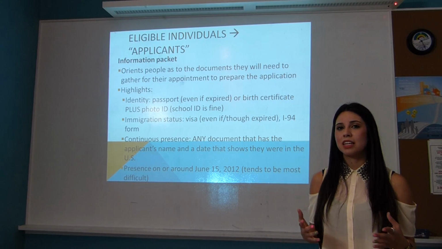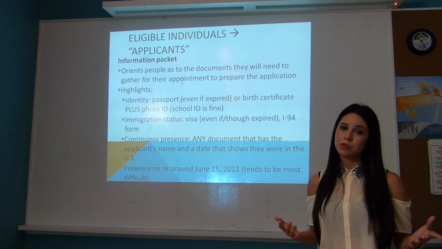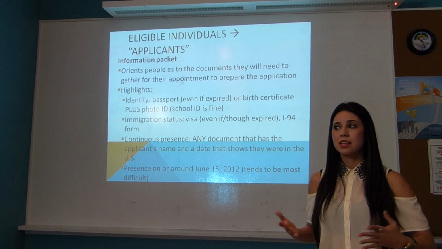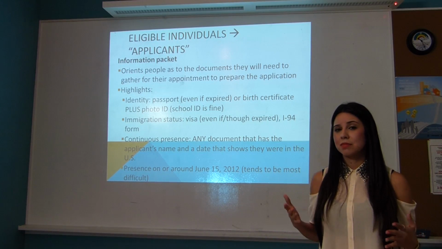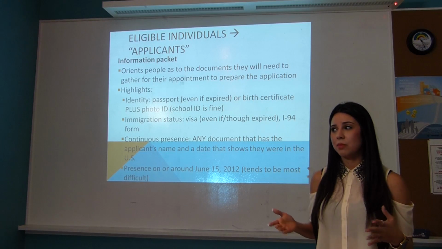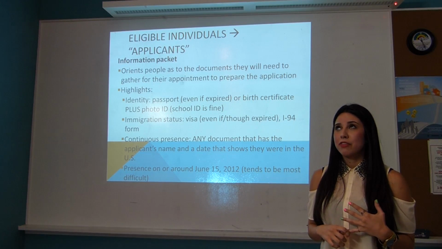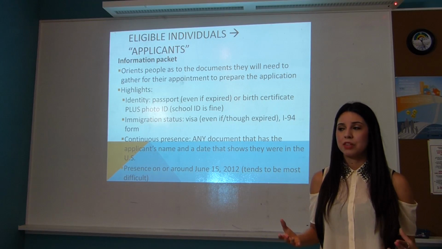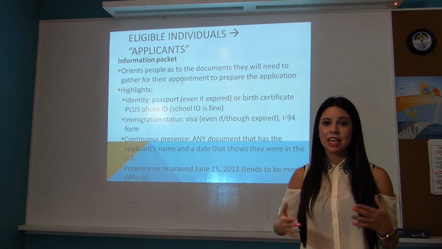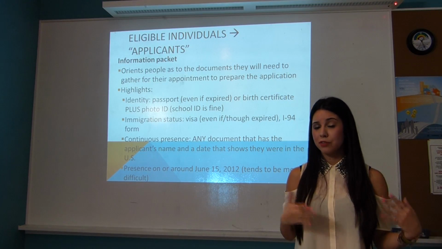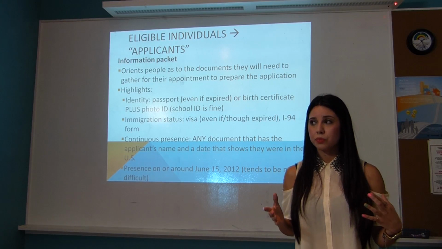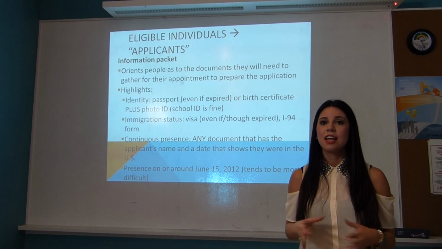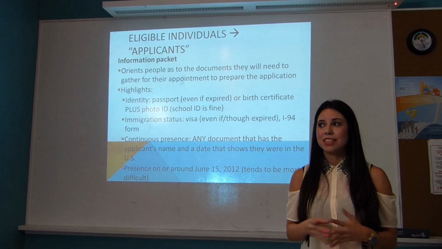So if they don't have something, for example, if they weren't in summer school, then it's going to be really difficult to find something for the summer, because kids usually aren't doing much in summer if they're not in school. If they weren't in school and the transcript doesn't have a date for June 2012 on it, even if it's not June 15th, any date a few days before or a few days after June 15th, if they don't have anything at all with June 2012 on it, then they really, really have to look.